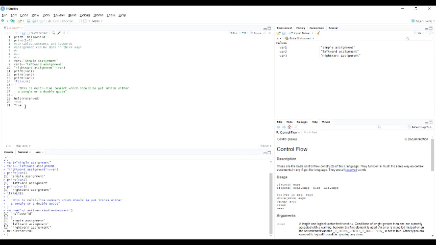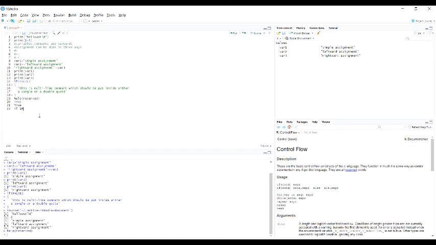Keywords we have to give exactly as they are. For if, the keyword is in small letters. I will give if, and it shows in blue color. Now I will give it in caps, and it's not showing in blue color. So if is a keyword, but capital IF is a variable name.